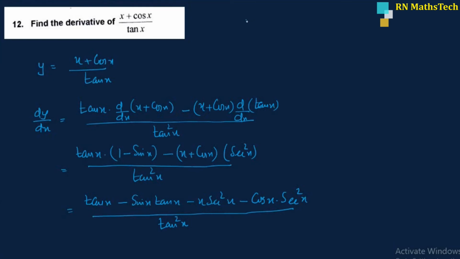That's equal to tan x minus sin x into tan x minus x cosec square x. Here cos x is 1 by sec x, so sec x gets cancelled, so minus sec x divided by tan square x. Okay,